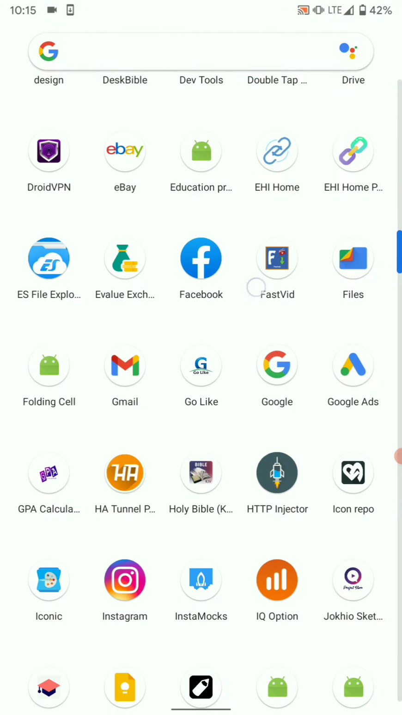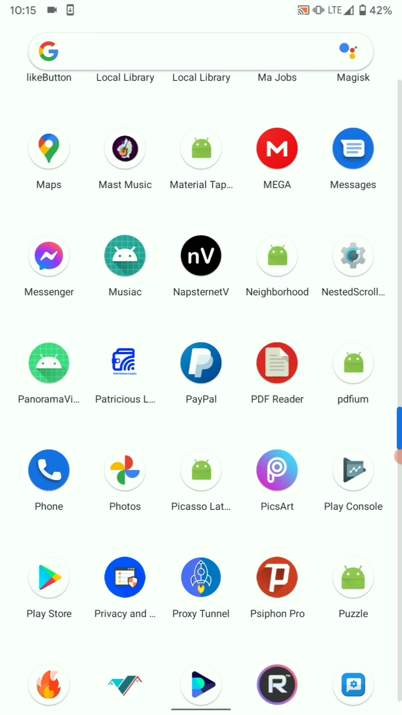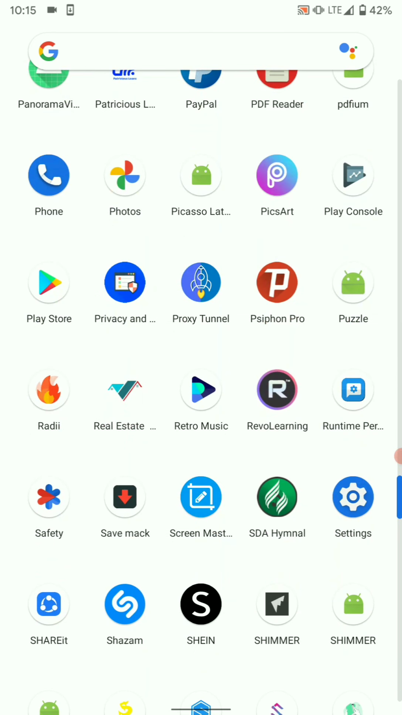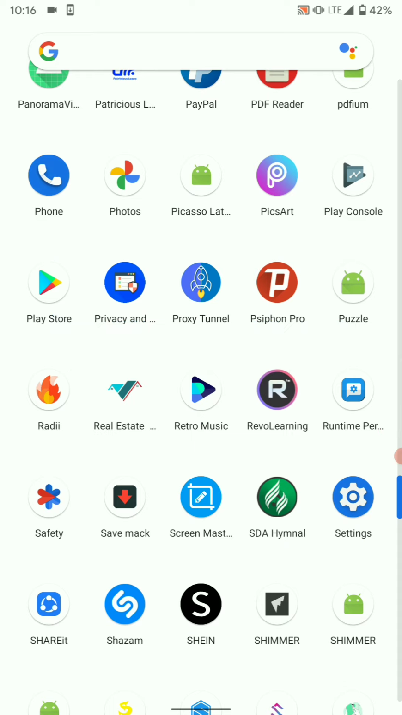Hello friends, in this tutorial I'm going to show you how to quickly remove Sketchware from system optimization. This is important especially for those with low RAM devices, to disable Sketchware from being closed when the system runs out of memory. So simply go to settings,